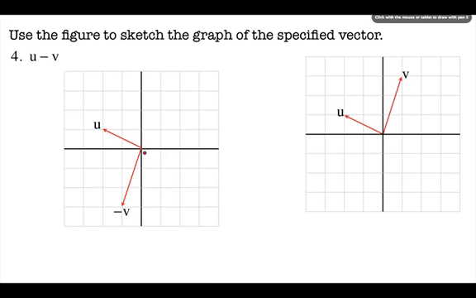This is your u, this is your minus v, and then I'm going to do the following. I am going to use what we call the parallelogram law. All I do is I take this vector and I place the initial point on this terminal point, and this is what I get. In the same manner, I take this vector and I place the initial point on this terminal point, and this